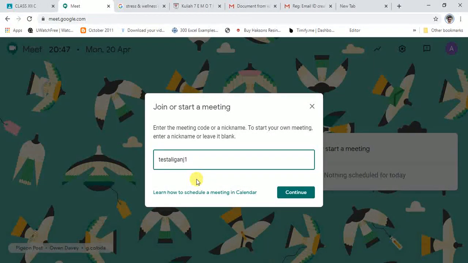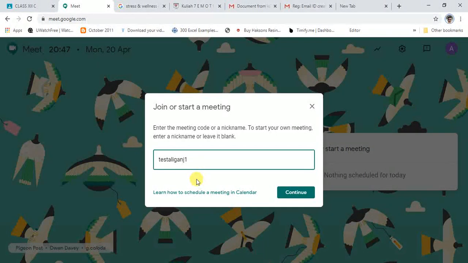This nickname can be anything, and the same nickname can be used any number of times. Let's say you have given the nickname of your class XYZ to your students. Tomorrow, the day after tomorrow, next week, or any day, a student can log in with the same nickname.